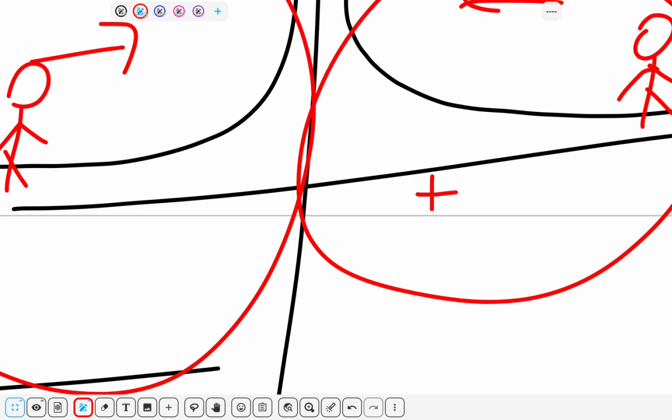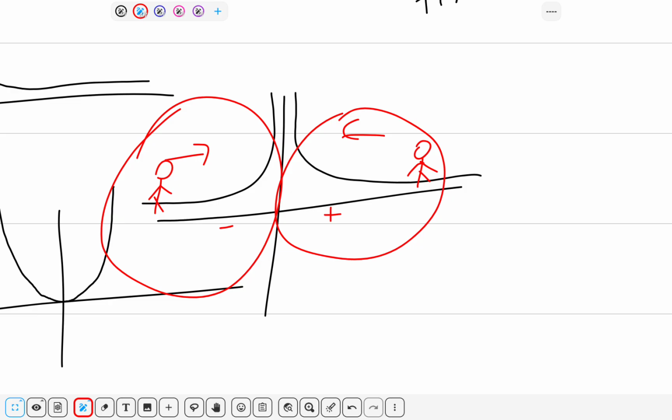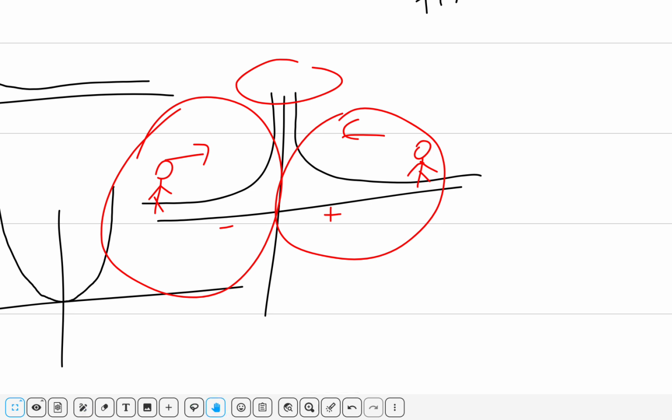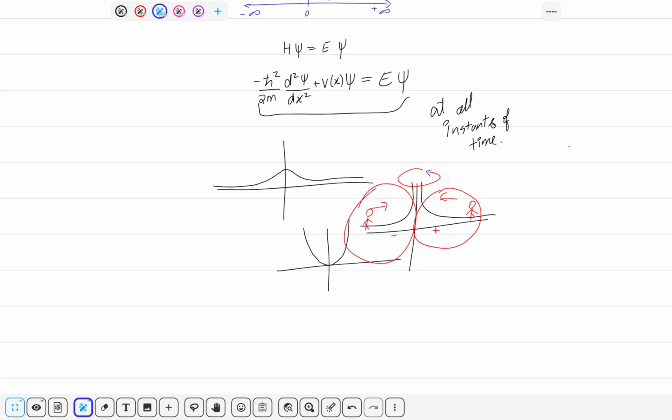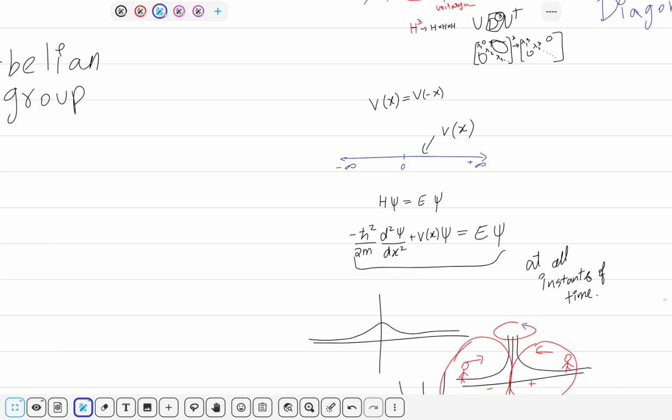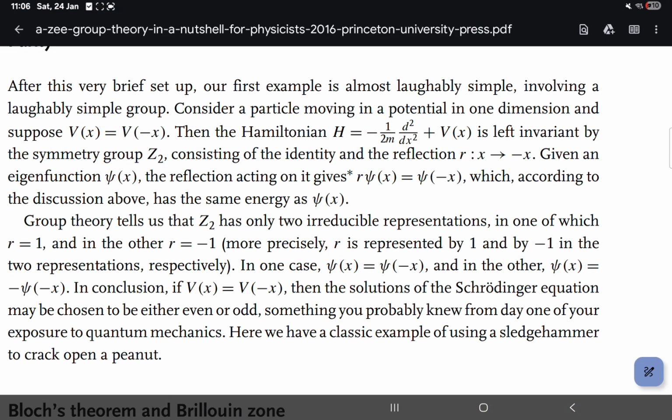It was me who just labeled this axis as plus and minus. Physics doesn't depend on the labeling. Physics is physics, and this potential is symmetric by reflection, because if I just flip this potential, I will never be able to tell if I even flipped it in the first place. So if this potential is symmetric,